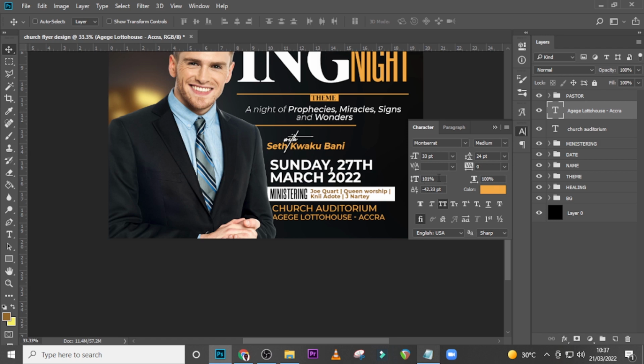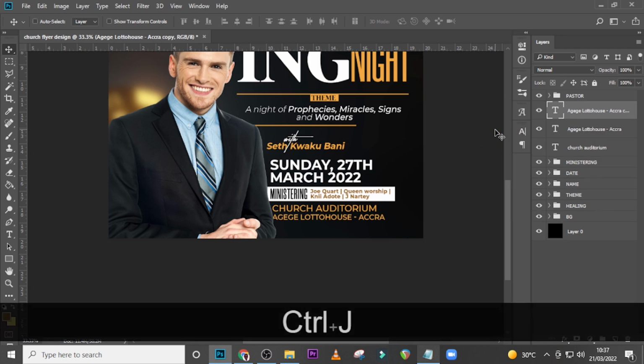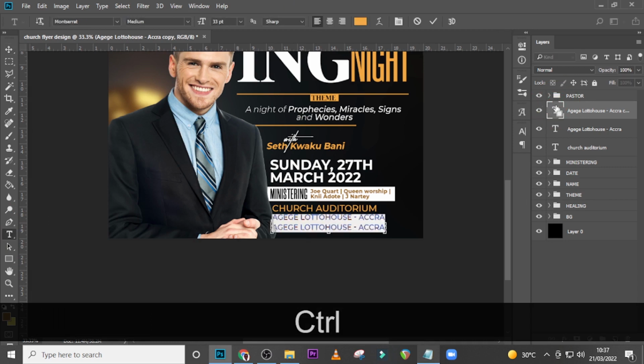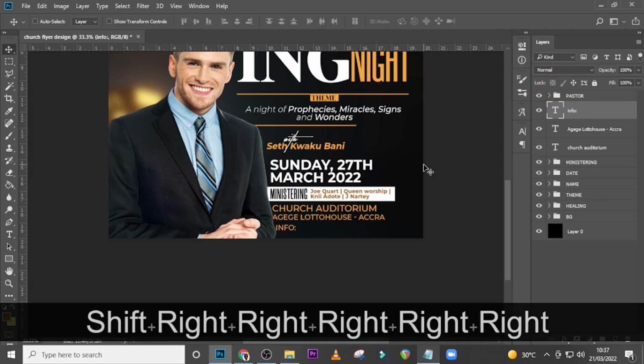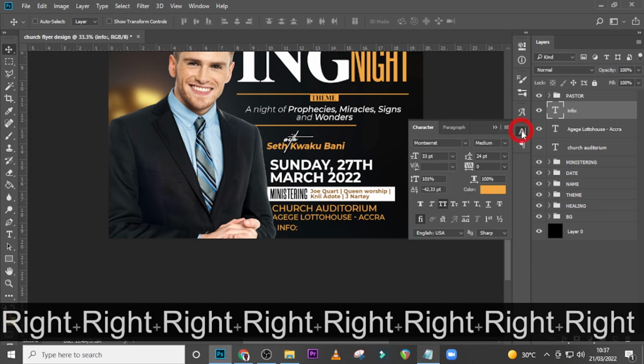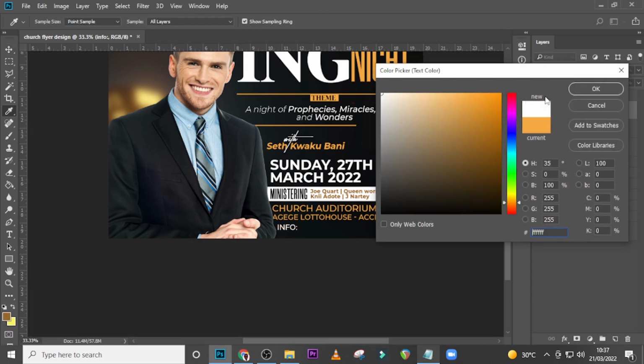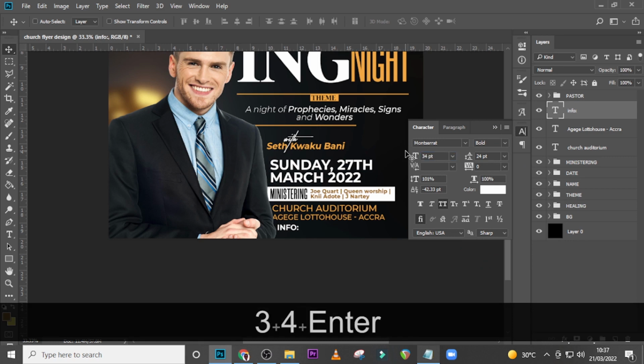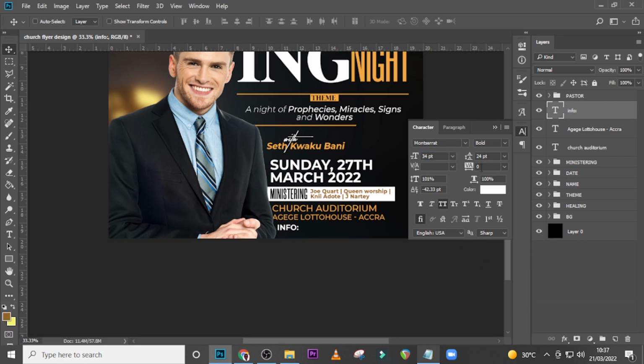Okay, now we are going to work on the details later on, but let's duplicate this too and let's drag it down, and then let's click on info. Click info, double click here and paste it, and then let's come here. Now I want you to click on your character and then set it to color white, and then we are going to use Montserrat for it, but then we are going to make it bold. And then we are also going to set it to 34, and then the tracking is going to be 0. Keep it all caps, keep the color white,